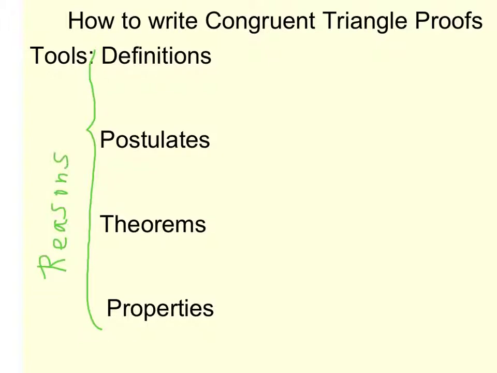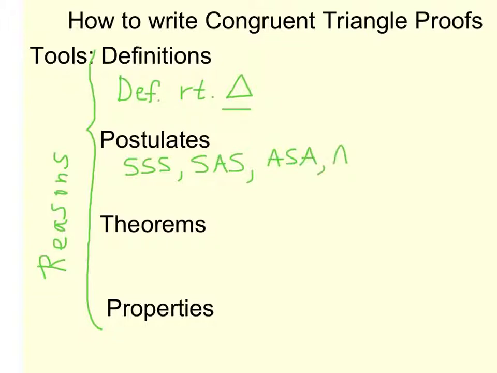Definitions can include things as basic as the definition of a right triangle, for example. If we need to use the hypotenuse leg theorem, we would need a right triangle, so we might have to say that we have a right triangle. Postulates that we could use: we've learned a set of basic postulates for proving triangles congruent. Side-side-side, side-angle-side, angle-side-angle, angle-angle-side, and hypotenuse leg are the postulates we'll probably